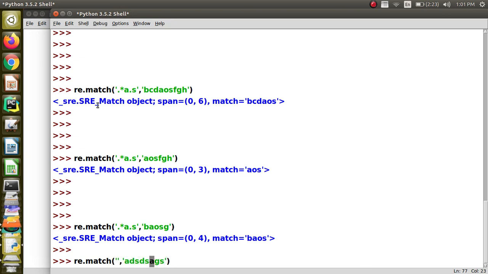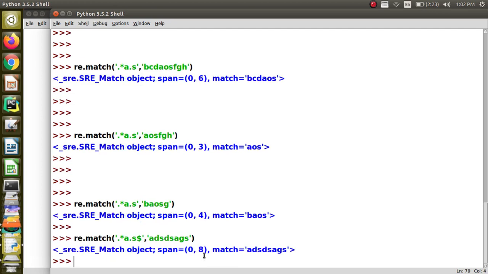After that there is a three-character substring: a, s, and in between a letter. Nothing should follow, right? In that case, anything can come before it, so dot star should be there, and you want a dot s. You want this specific substring, and it should end with the specific substring. Nothing should go after that, so you should put a dollar. If you put a dollar, it means that should be the end of the string.